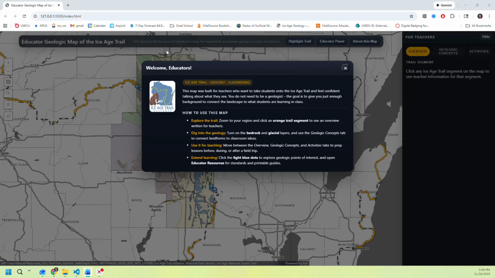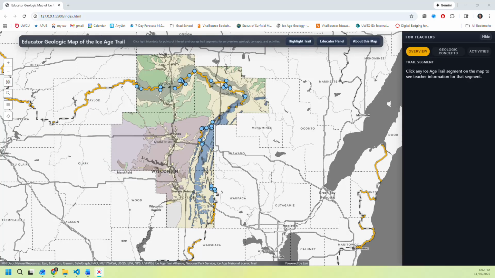So when the teacher opens up the app, they'll be welcomed by this welcome modal. It tells the teachers how to use the map with the different features of the app. When the teacher accesses the app, they will be greeted by this zoomed in portion of Wisconsin. For the first iteration of this app, I decided to focus on 4 counties: Lincoln, Langlade, Marathon, and Stevens Point,